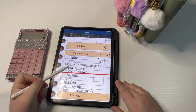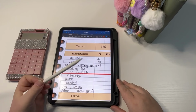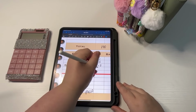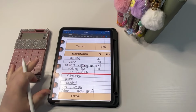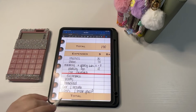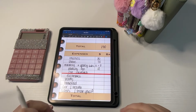I already figured my monthly and yearly subscriptions, so I'm putting $11 from this paycheck towards monthly subs and $8 towards our yearly subscriptions. For parking fee, I'm gonna go ahead and just do $10. I just paid that, so I have 3 months to save up another $270 for our parking pass for my job at work